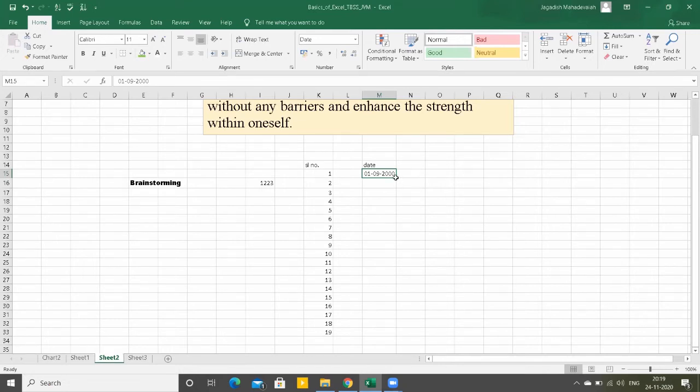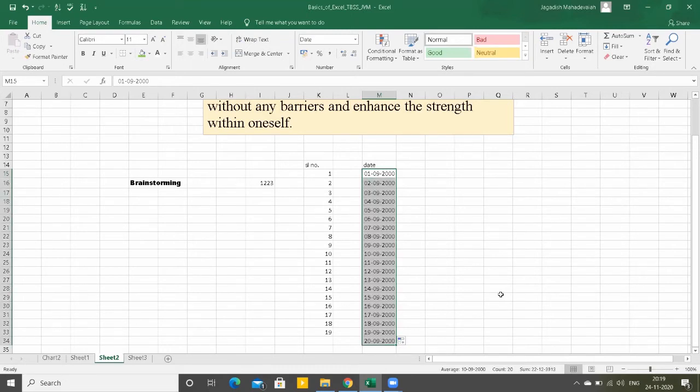Observe the cursor. The plus mark will appear. Then click it, drag it, finish. That's the beauty of Excel. This is the reason why business establishments and other people use this Excel tool. There is another tool called Power BI, which, as the name suggests, is more powerful than Excel.